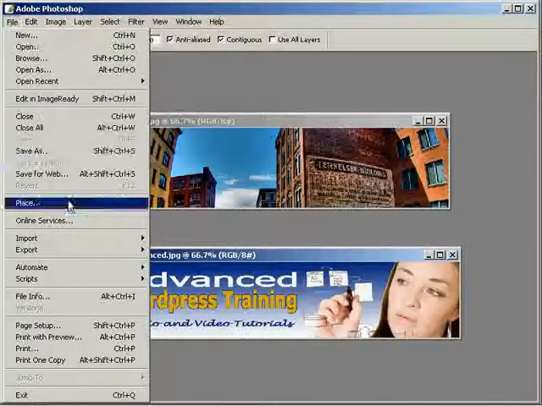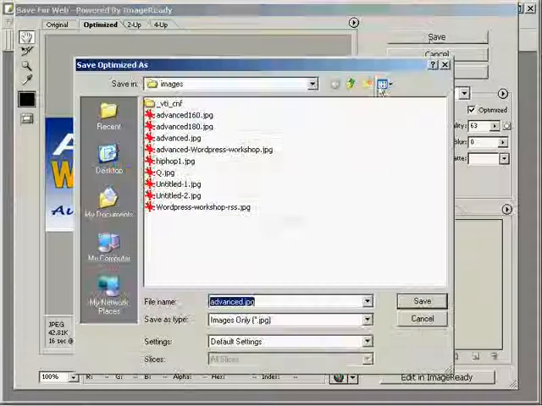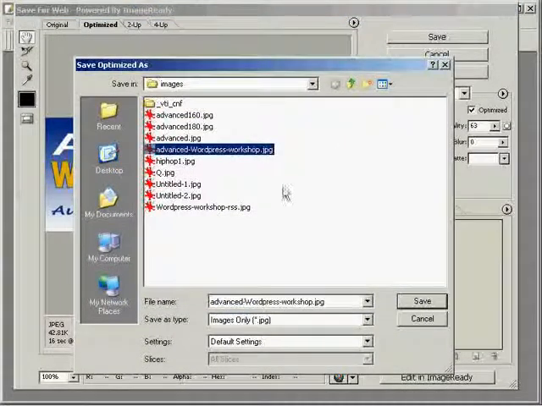So what we're going to do is save it with some keywords that have to do with our site, and we're going to call it Advanced Workshop WordPress Workshop, because that's obviously what our site is about. Obviously, if you were in financial investment, you'd call it financial-investment.jpg. If you were doing yoga or whatever, just use some keywords